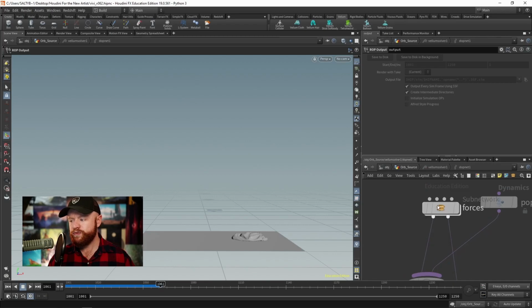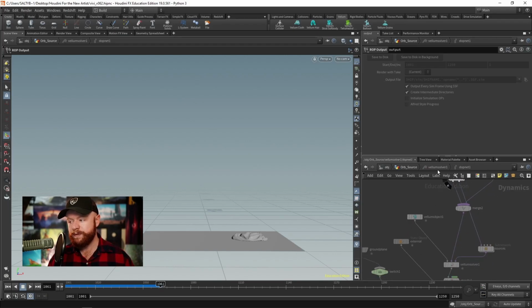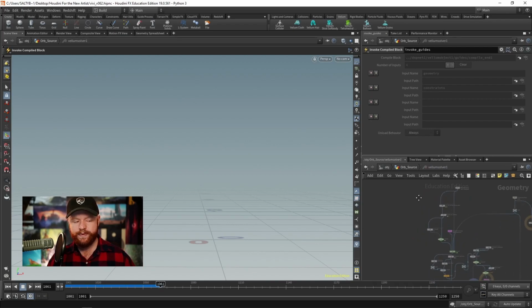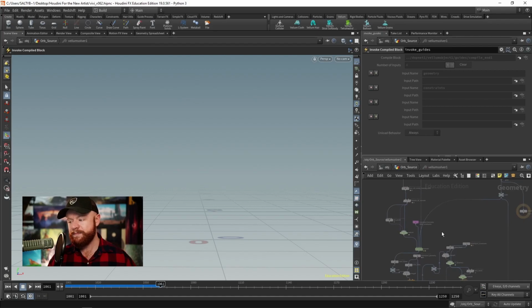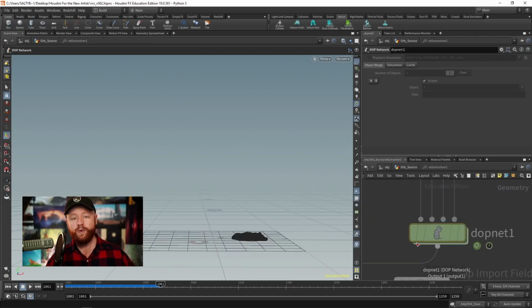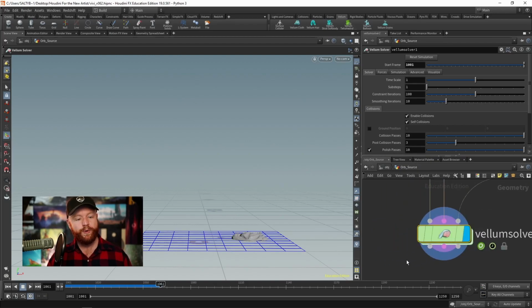So this forces subnetwork is what happened when we double click that node. This lives within a DOP network. And if we go up one more level here to the actual vellum solver, we have all of this craziness happening inside of here that basically feeds into a DOPNet. So we still are working with this DOPNet concept. The only difference is that SideEffects has wrapped together this whole process into one node here on the SOP